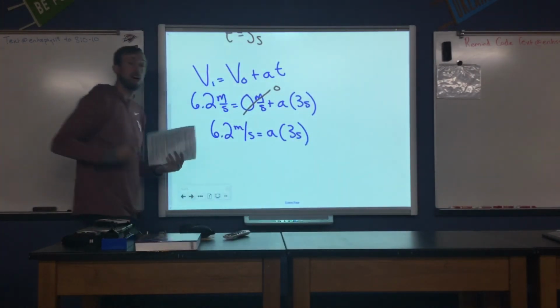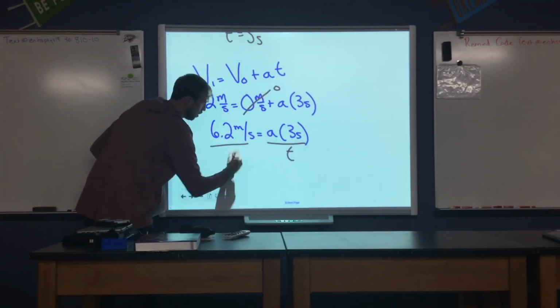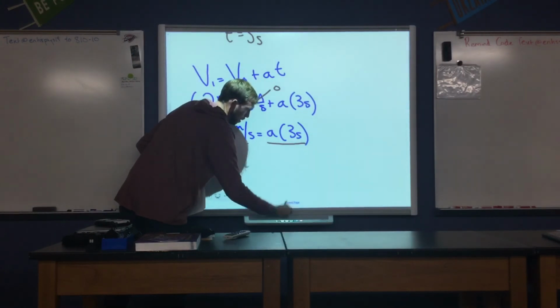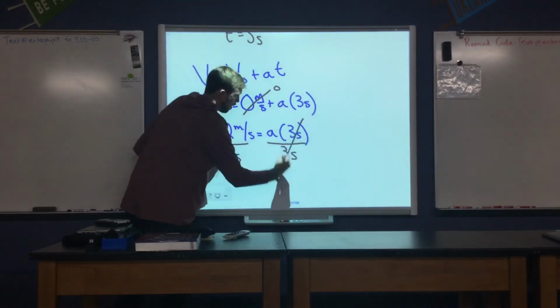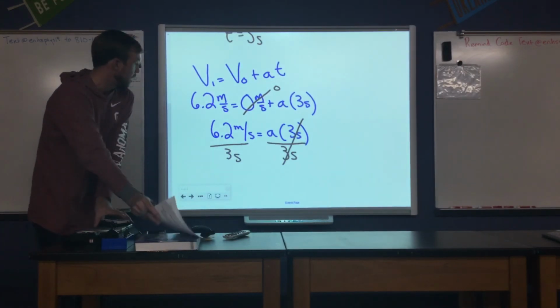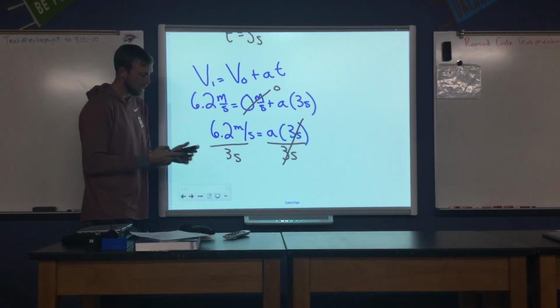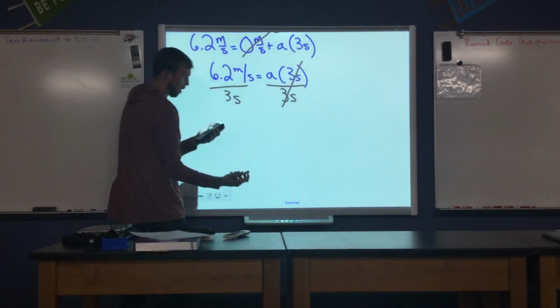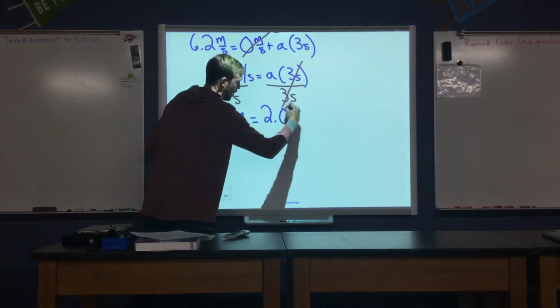And then we can simply divide by our time to get acceleration by itself. We actually know time, so we don't have to call it just t. We can write in the value, 3 seconds. So 3 over 3 on the right-hand side will reduce down to 1, and we'll take 6.2 divided by 3. That will give us an acceleration of 2.07